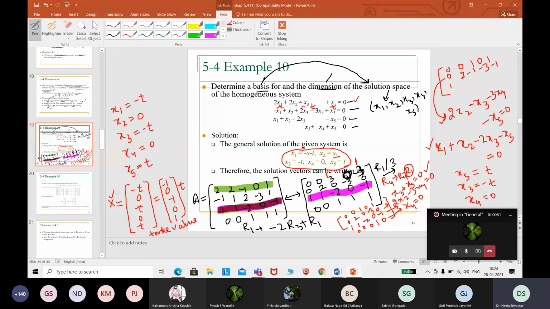Put this only and check whether it is satisfying or not. If we have not made any mistakes in the terms of t also, it should satisfy all the equations. Already this fourth equation we have checked. It is satisfying because x4 is 0. Here also x4 is 0. So just make a substitution and check. x2 is also 0. Here x2 is 0. Just check whether it is satisfying or not.